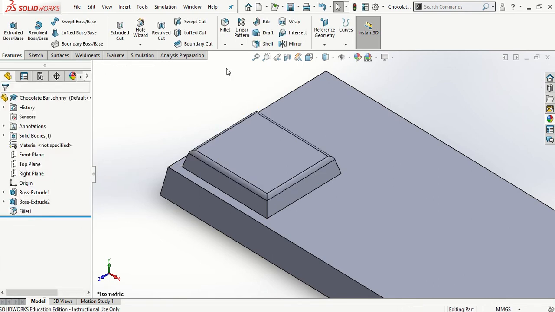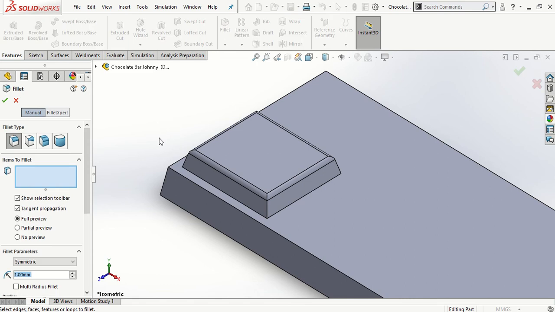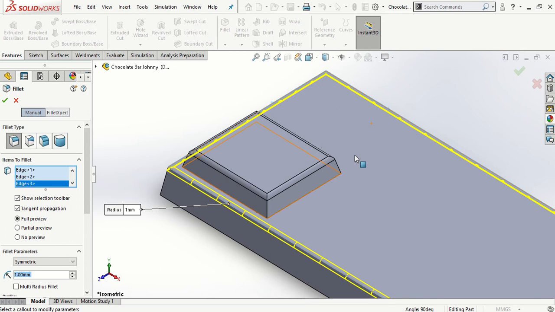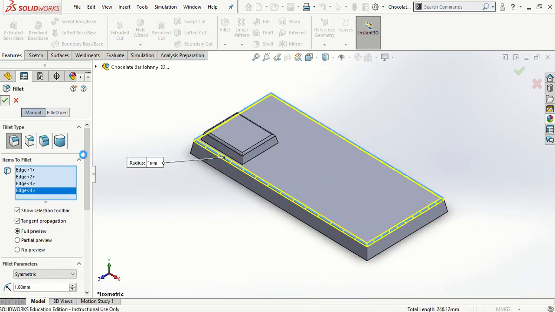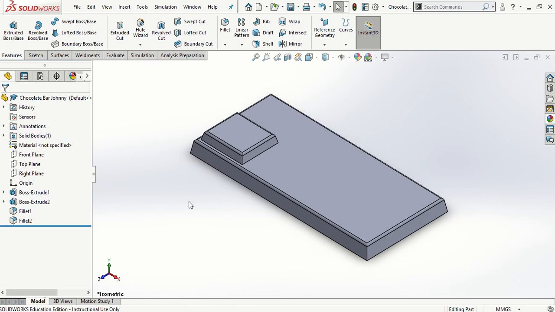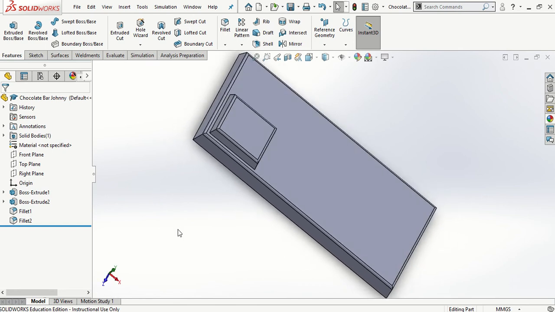What I'm also going to do while I'm at it, I'm going to select the fillet again. I'm going to still leave it at 1 mil. And I'm going to select all of these edges and hit the green tick again. Okay,